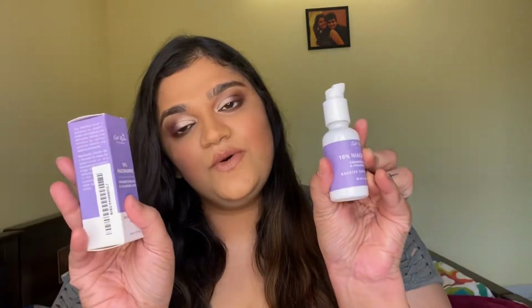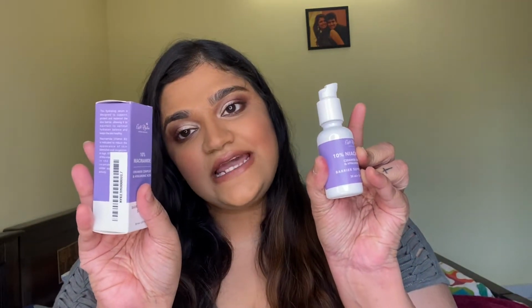Today I'm going to review the Earth Rhythm Hyaluronic Acid. It's been more than a month that I'm using the Earth Rhythm 10% niacinamide, ceramide complex and hyaluronic acid. This is made in India, 100% made in India. It's a barrier support serum and this product is vegetarian, it is pet friendly, it is certified and all the